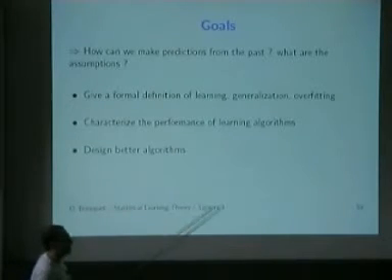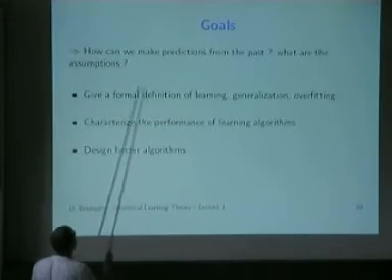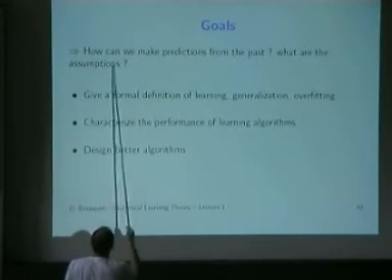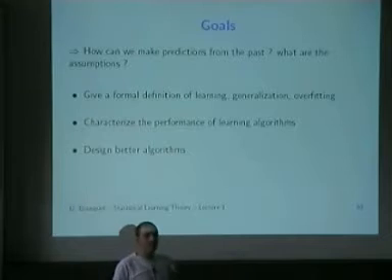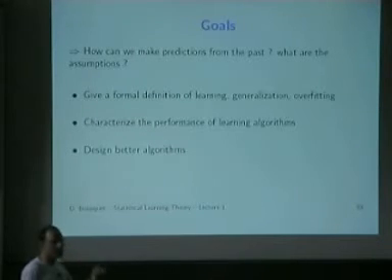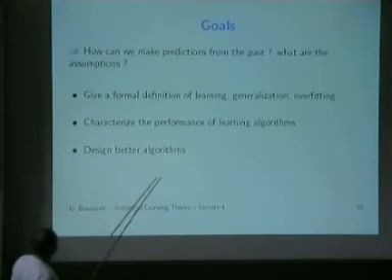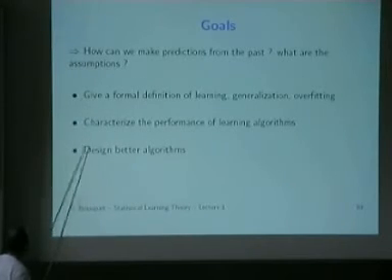So the goal of this learning theory is to answer these questions. How can we make predictions from the past? How is this possible at all? How can we show it in a mathematical way? And what are the assumptions that we need? And this goes through three